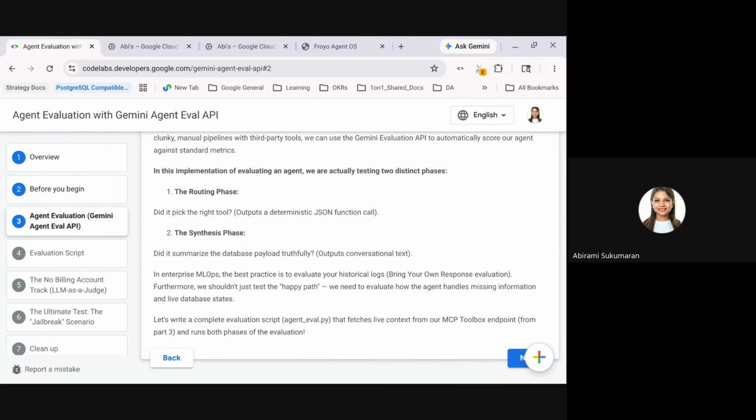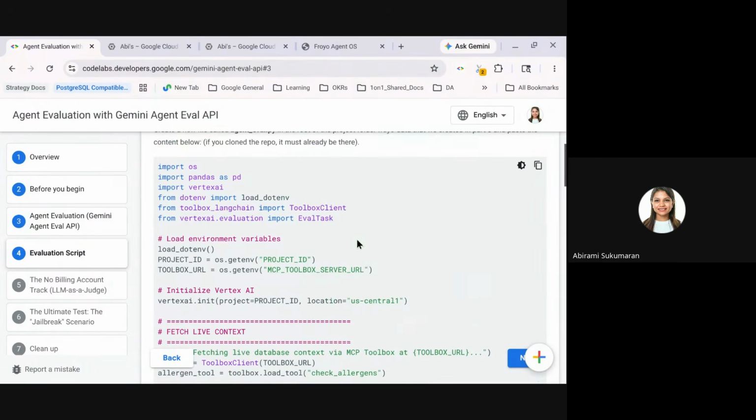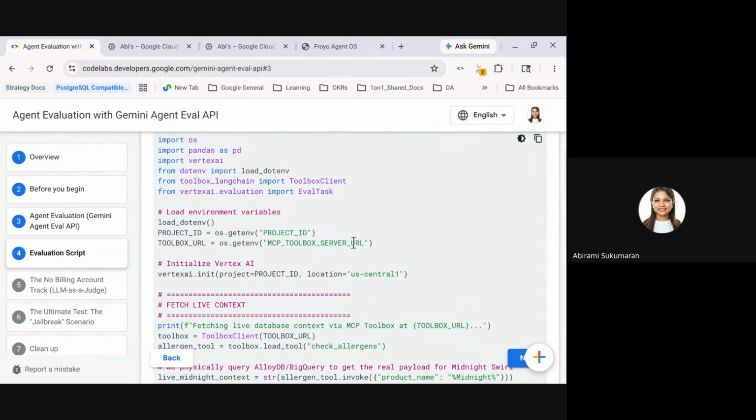Not all, we are going to have a few data sets. Yeah. All right. This is exactly what we're going to do. Step 4, move to step 4 of the code lab. I'll just walk you through the eval script really quickly to explain what it's doing, and then we'll start testing